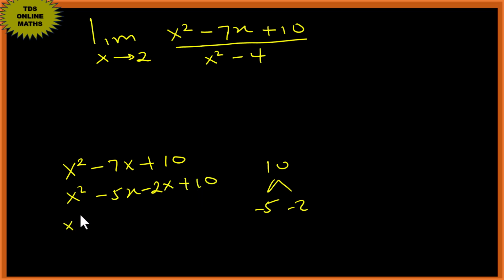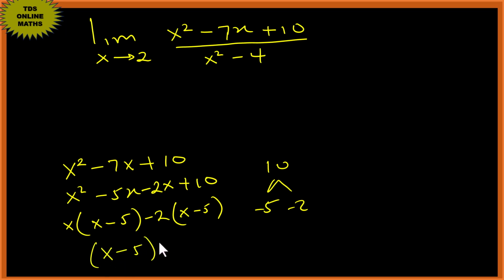So x out, x minus 5. Then I'll pick negative 2 here, x minus 5. So x minus 5, x minus 2. So in place of x squared minus 7x plus 10, I'll put x minus 5 and x minus 2